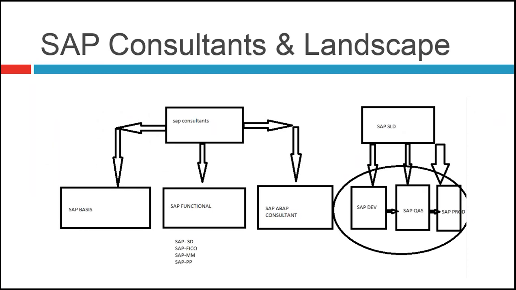Once the development is done, all the objects will be moved to the quality assurance server, what you call a testing server. The testing server is where we test with the different types of testing phases, such as unit testing, integration testing, and user acceptance testing. All these testings will be done in the testing system, and once it is done, it will be moved to the go live and support.